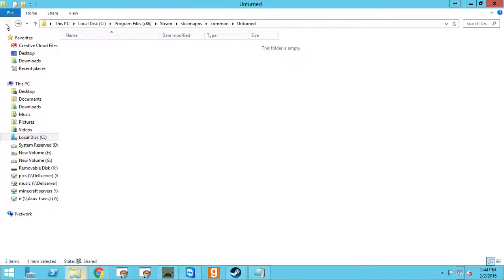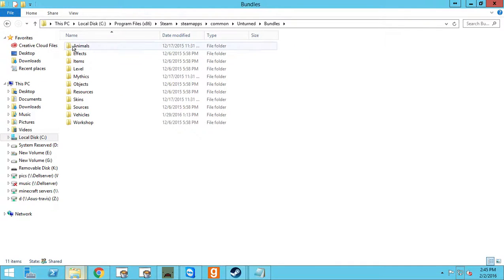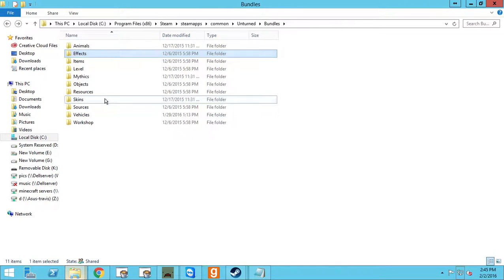I probably won't try to do the mods thing. I kind of forgot how to do that. It's been a while since I did that. I think it was under bundles actually, because you used to be able to paste them in here. If you were to open this, here's all the information to all that stuff, all the weapons, all the stuff he added, skins,